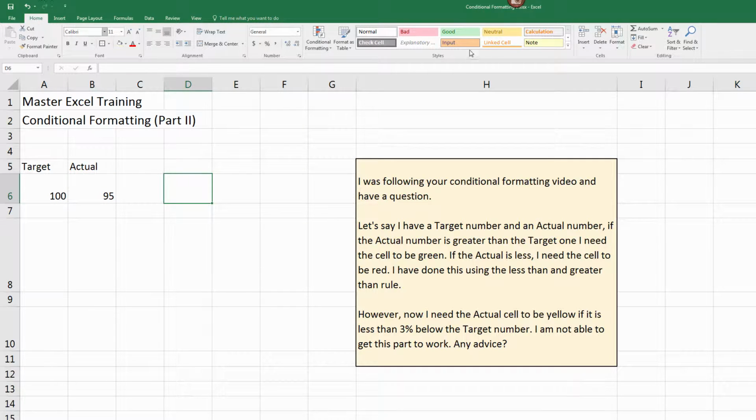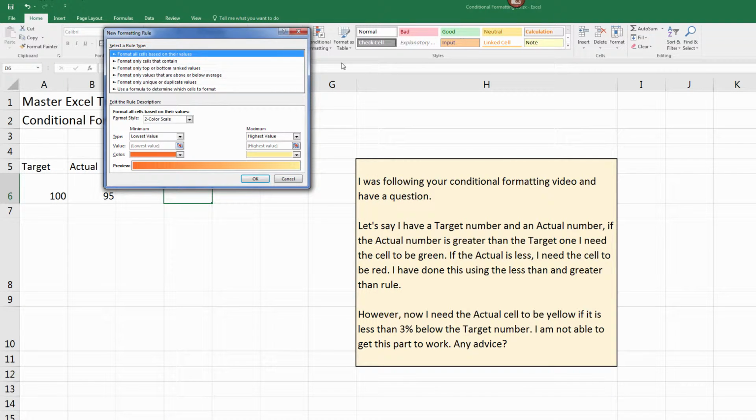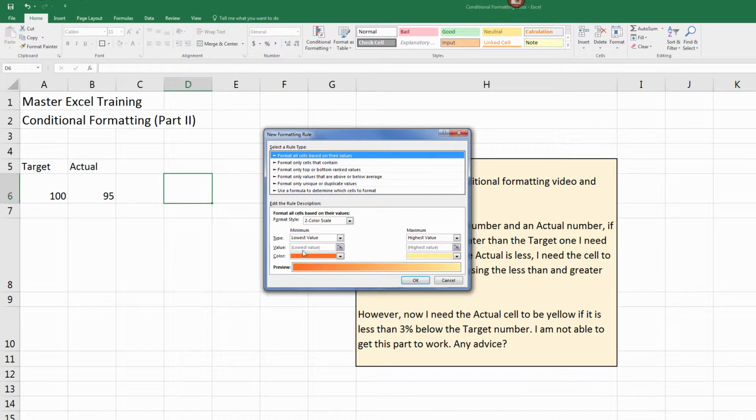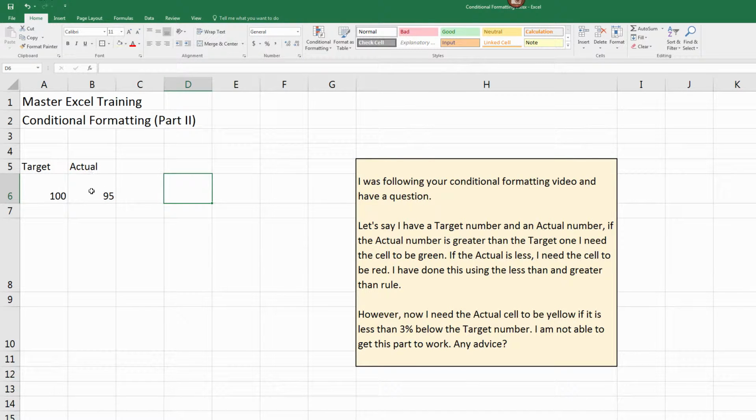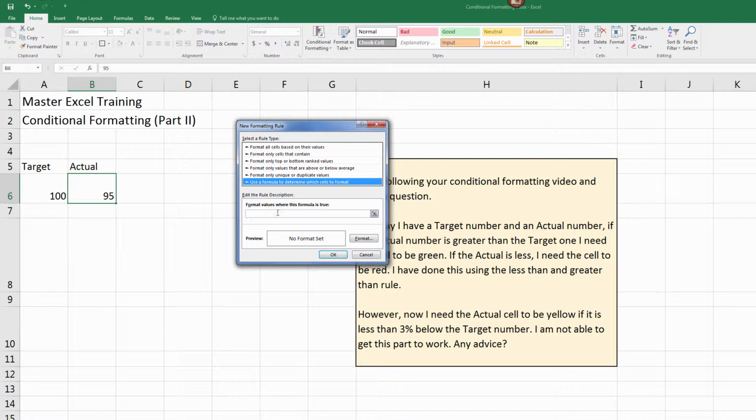So I would just come into the Home tab to Conditional Formatting and go to New Rule. And I'm going to say use a formula to determine which cell to format. I want to make sure I'm in the cell I want to format, so I need to be in the actual dollars, right? So $95, let's say. Conditional formatting, new rule. And now I'm just going to say if the target is less than the actual, then